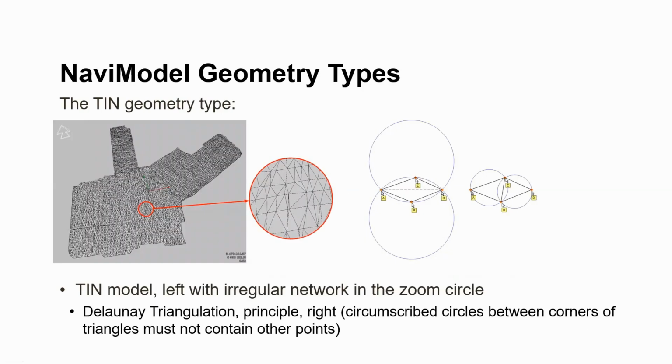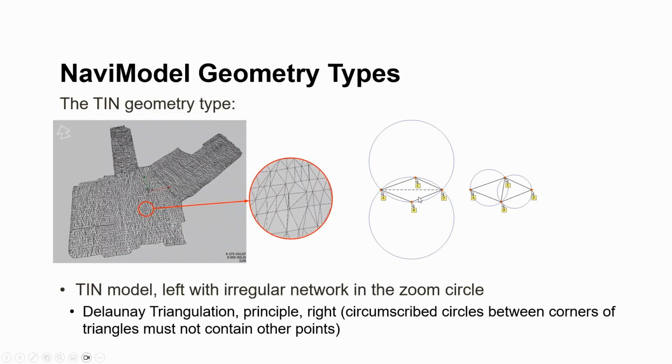The TIN geometry type here, an irregular network. You can see zoomed in here, you see the triangles. It does matter how we are performing the triangulation. We say that we're using a so-called Delaunay triangulation principle that says that circumscribed circles between corners of triangles must not contain other points, exemplified by this simple seabed here